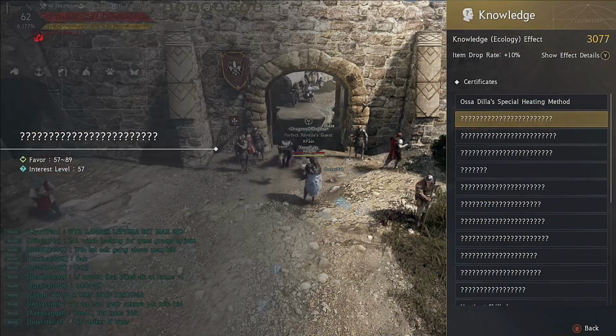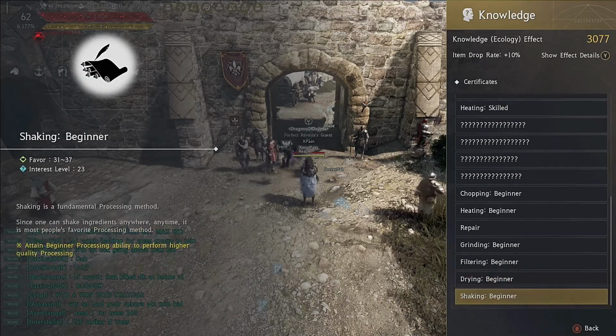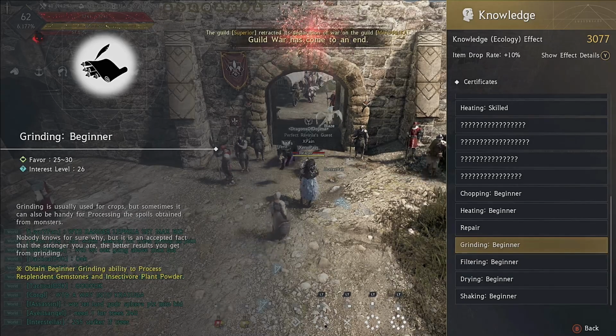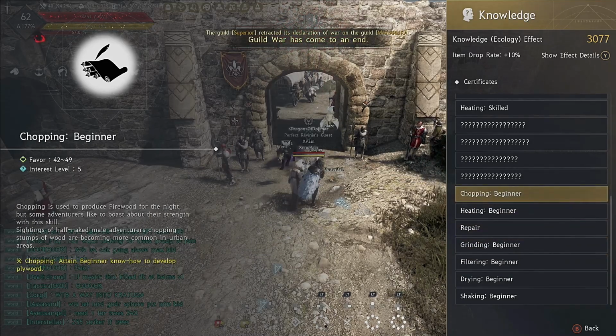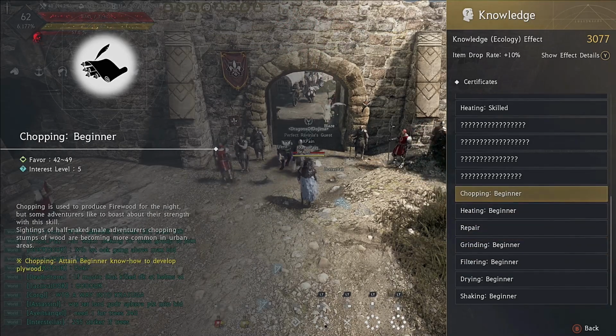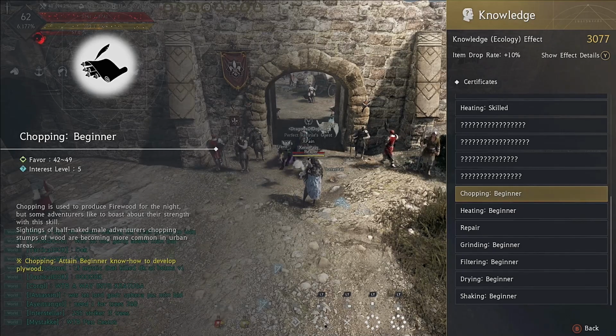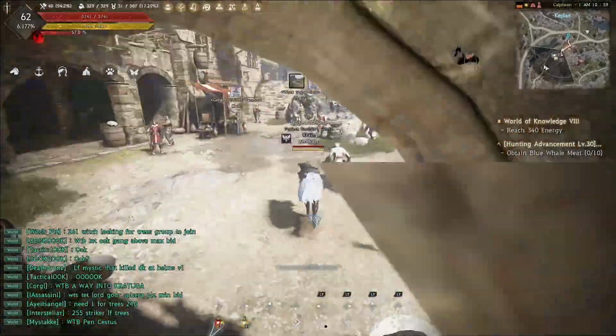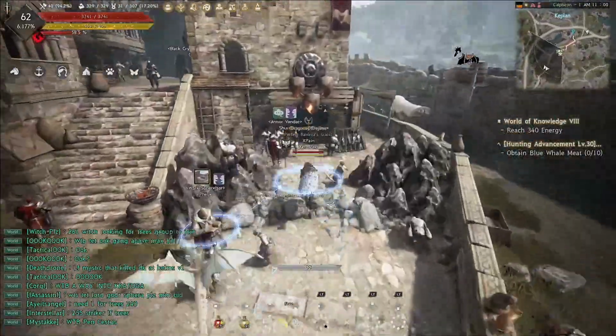We go to life skill certificates. You're going to need shaking beginner, drying beginner, filtering beginner, grinding beginner, heating beginner, and chopping beginner. So you need all that knowledge on top of the Gathering Skill 10 and Processing Professional 5. Now I already did this, I got skilled heating, but as soon as we get into Keplon,